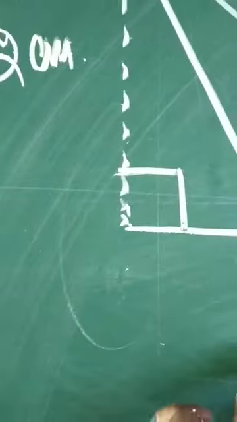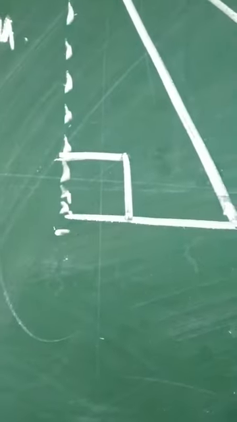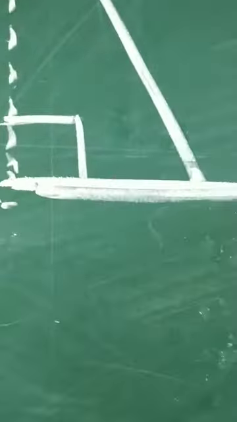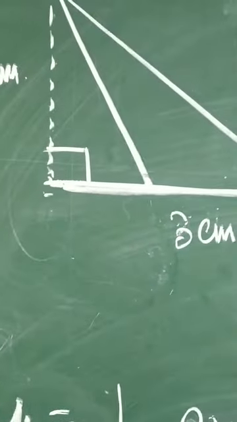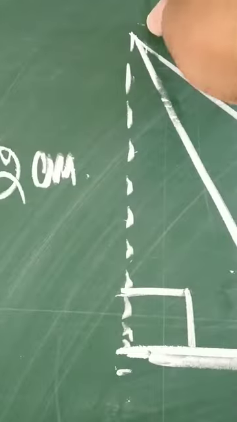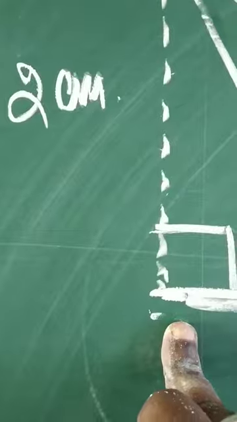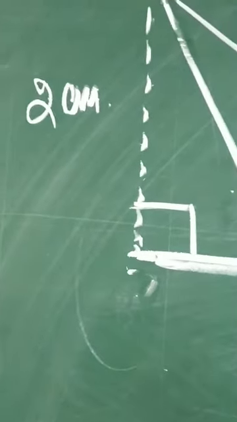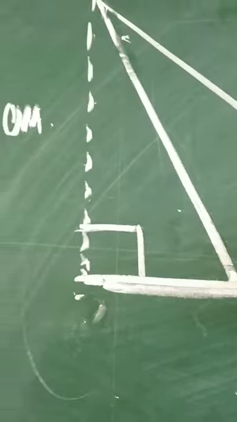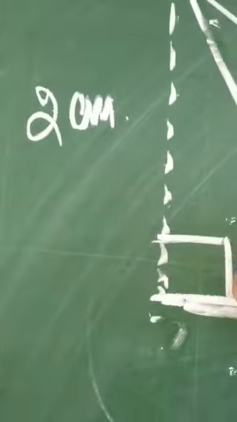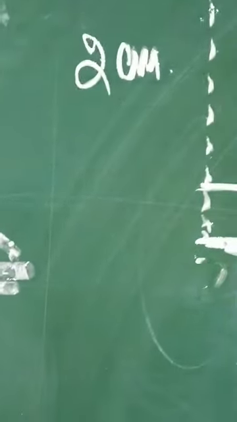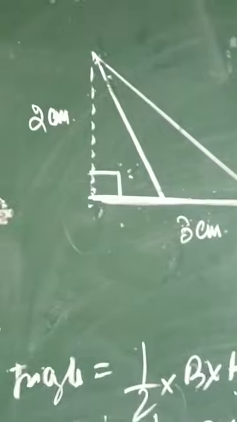So the next figure is a bit confusing because the height of this triangle is not mentioned properly. Children, in this particular triangle, this is the measure of the base. Base is 3 centimeter. And the height is extended from this particular vertex, from outside. It's outside of the figure. Why? Because the height cannot be drawn inside the figure as it's not forming 90 degrees. We just wanted to know the height of this particular triangle. That's why we have extended the height outside of the figure. The height of this triangle is 2 centimeter and the base is 3 centimeter.